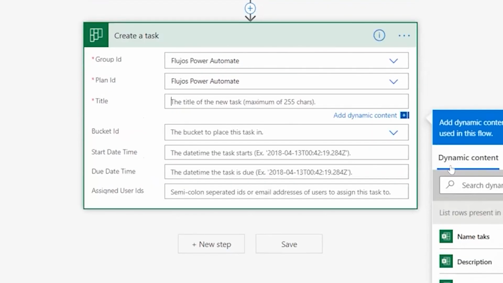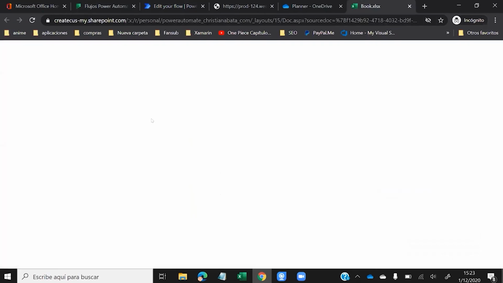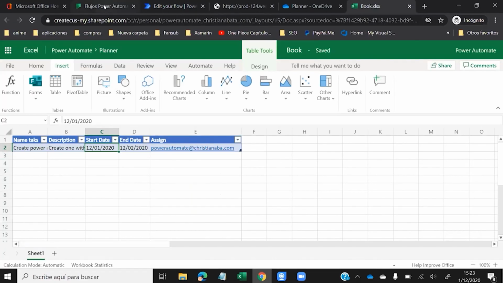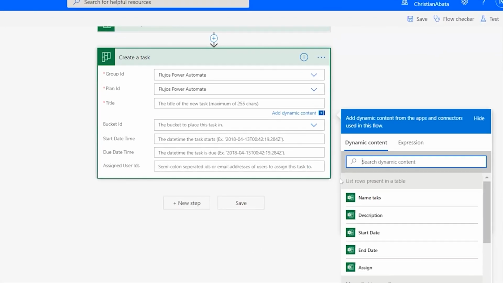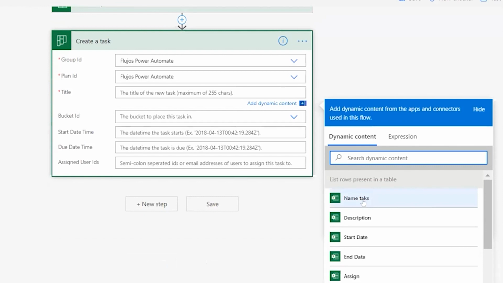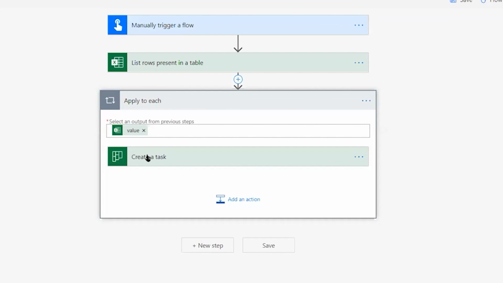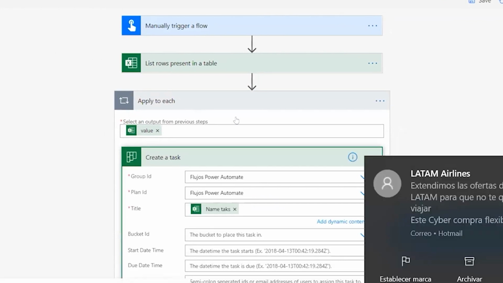So here we are going to use our title from Excel, from name task. So it's time to select in dynamic content the column that is name task from list rows present in a table. So here's my name task. And then Power Automate